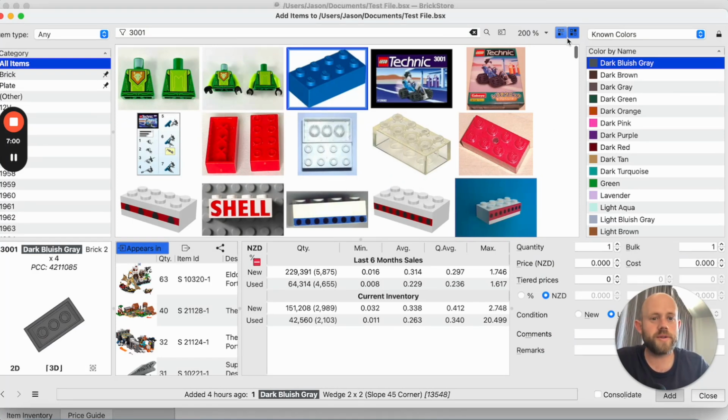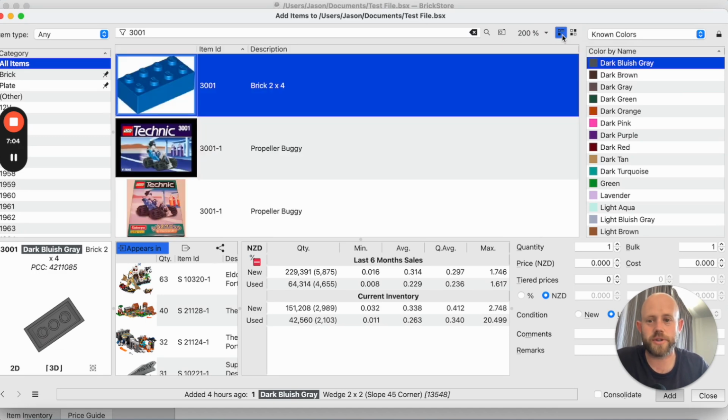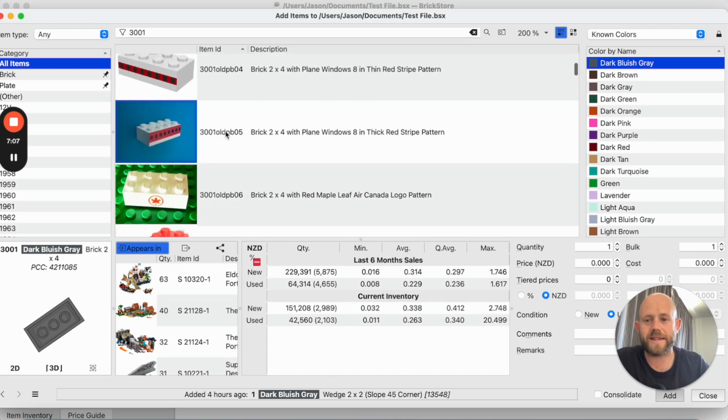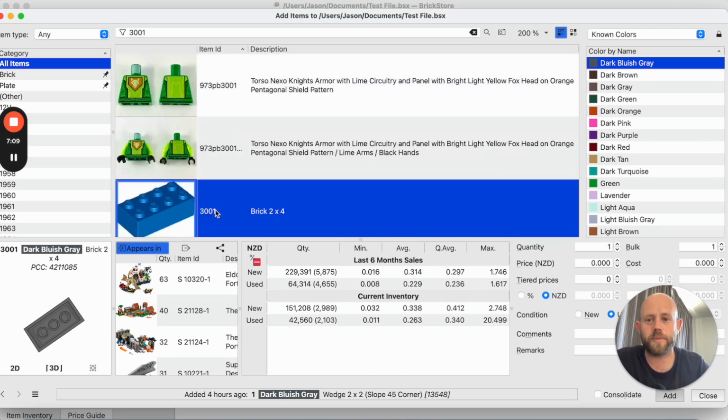There are two ways to view this. You can look at the grid option, which I'm currently looking at, or you can also look at the list with images option. This orders it by the ID, so it can be a nice way of finding your piece